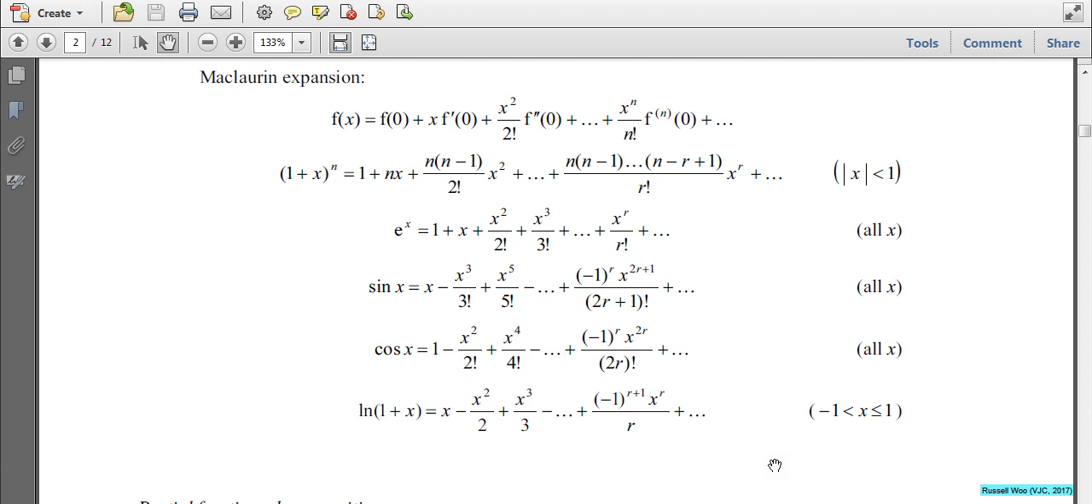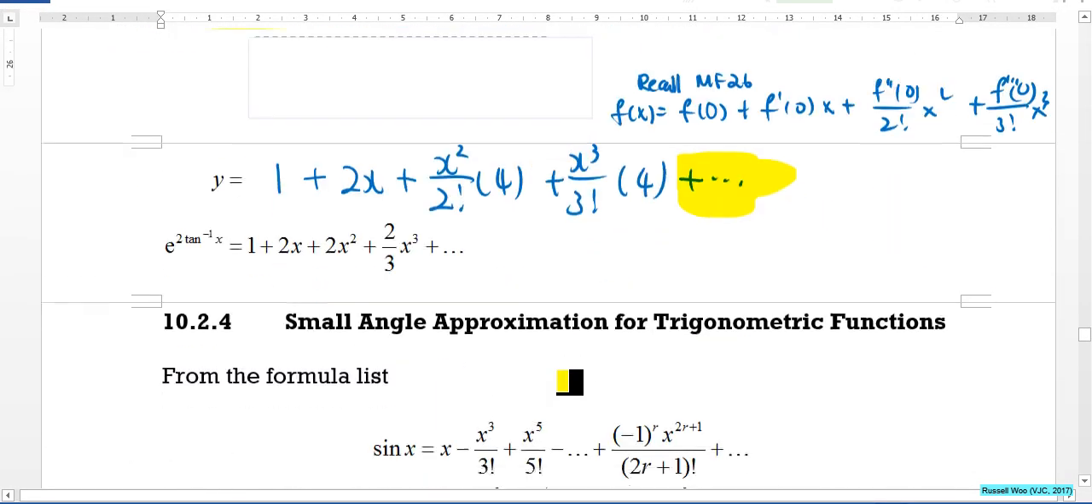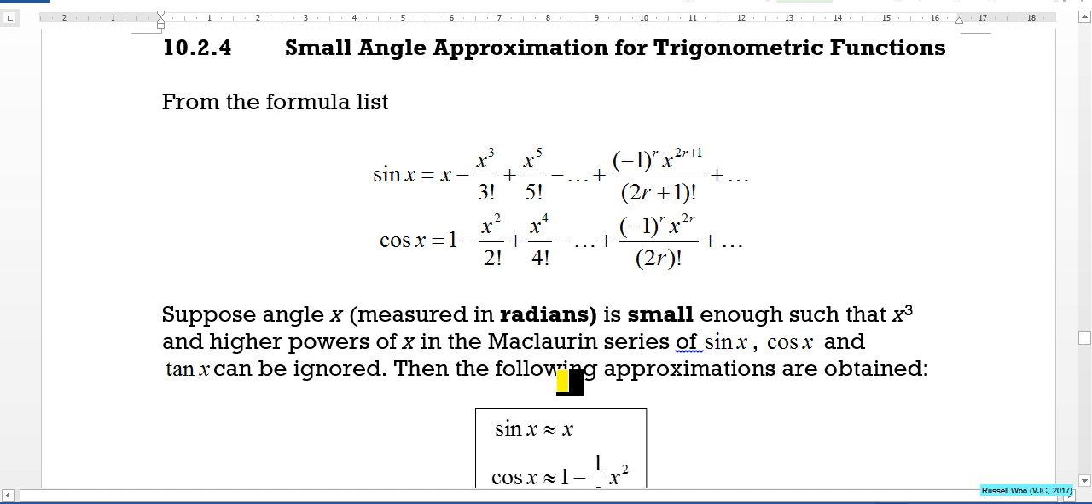So the idea in the next part of the chapter is, if x is small, such that the x cubed and above terms we can ignore, we can have this very good approximation that says,